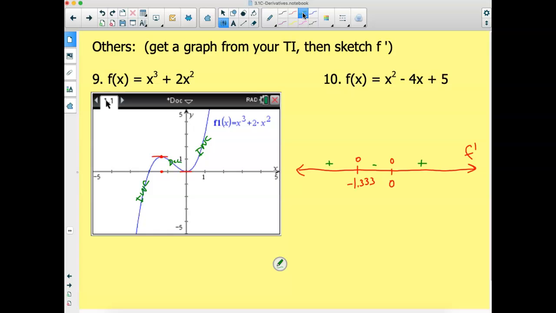Now remember, when I'm going from f of x to f prime of x, increasing or positive means above the x-axis. Decreasing means negative or below the x-axis. And again, increasing from 0 on is positive, meaning above